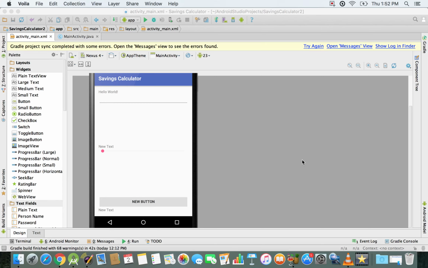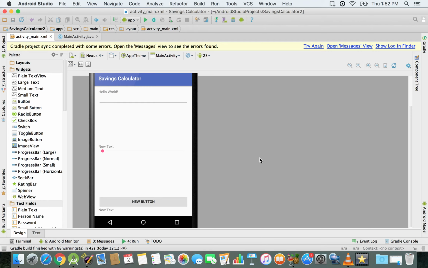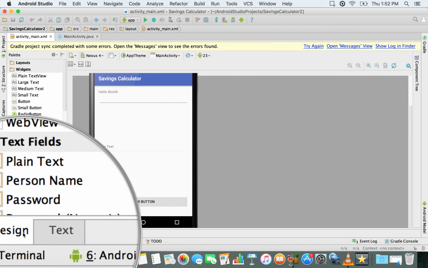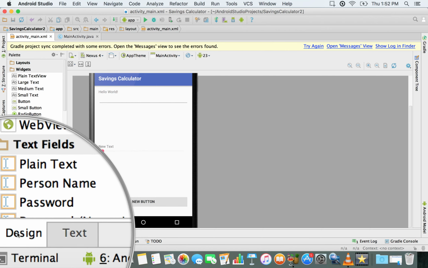Hi everyone, in this video I'm going to show you how to change the text that is displayed on the screen. So in order to do that, we just have to go right here, and as you can see, we are currently in the design mode. We have to switch to the text mode,